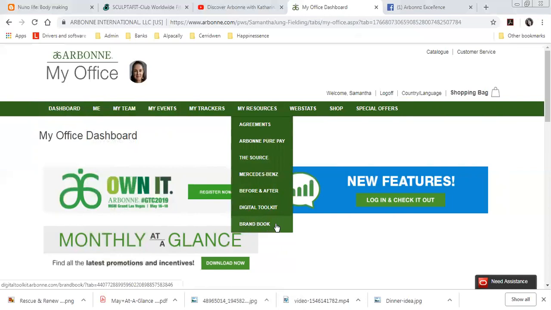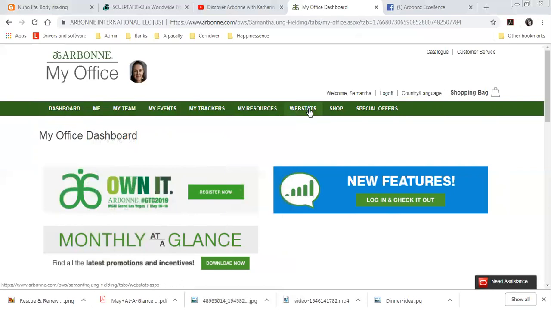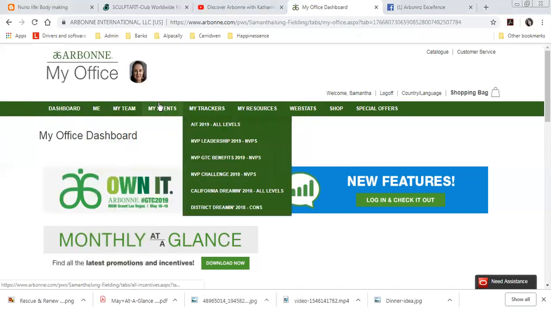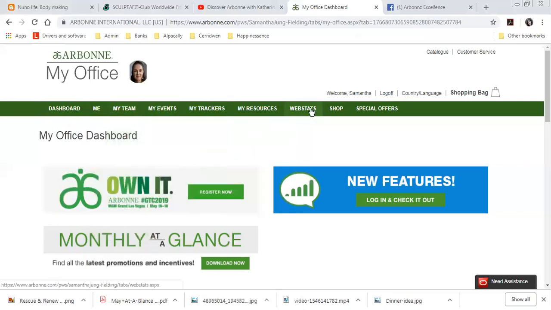Everything is saved in the brand book. Don't worry about WebStats. WebStats is a system that stopped in 2015, was modernized into something that we see here. And so we do not have access to this unless our businesses were running before 2015. It's still a tab here for those people whose businesses started before 2015 and have now moved into the newer